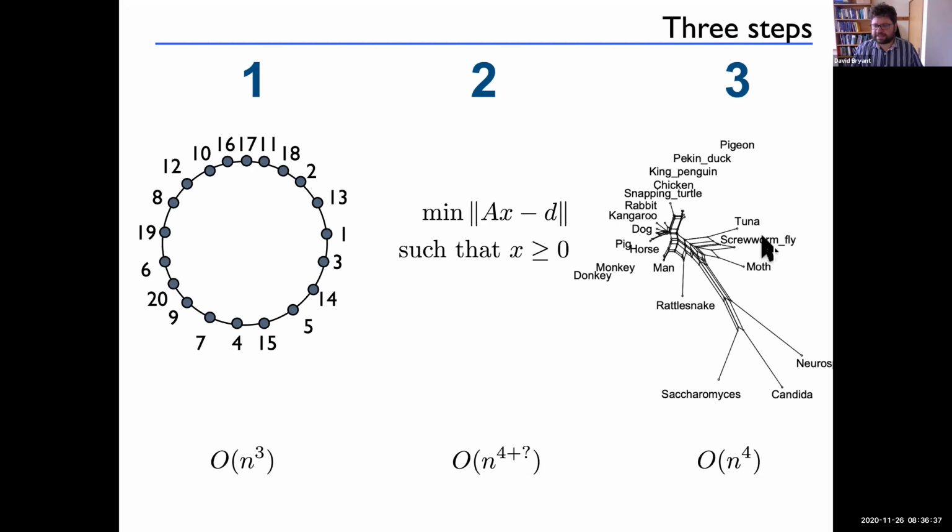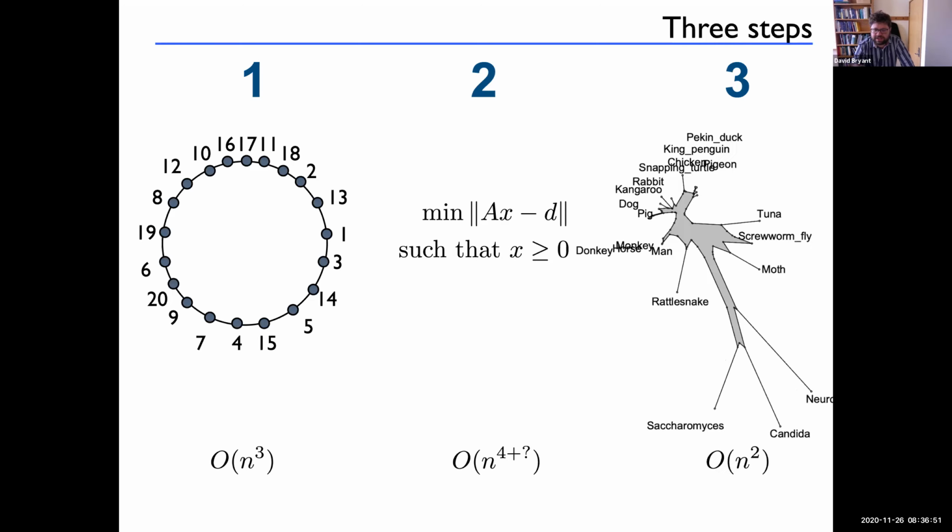Now, this last step, drawing the network, well, there wasn't much point working on this until we could do the network faster. And on the last visit that Daniel made earlier this year to New Zealand, not long before lockdown, we came up with what looks like what you guys are doing in the previous talk, the idea of drawing the outline of the network. And in actual fact, you can reconstruct all of the splits in the network from this outline.